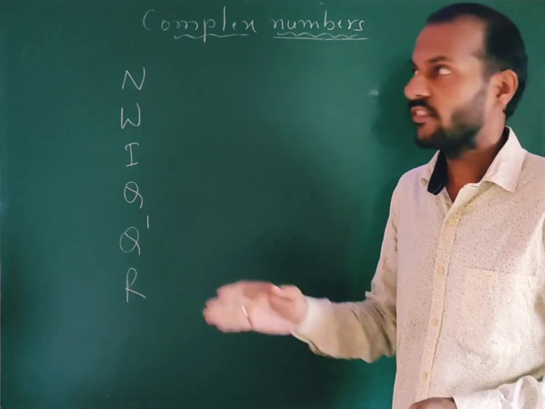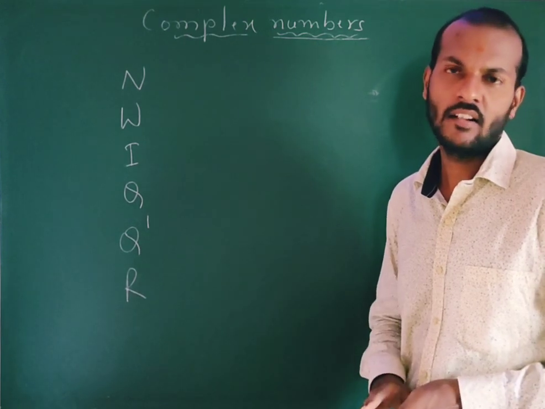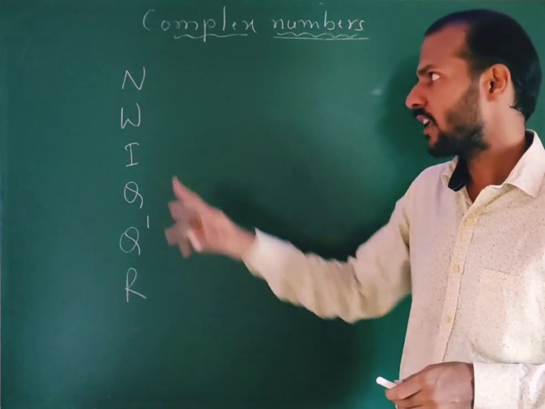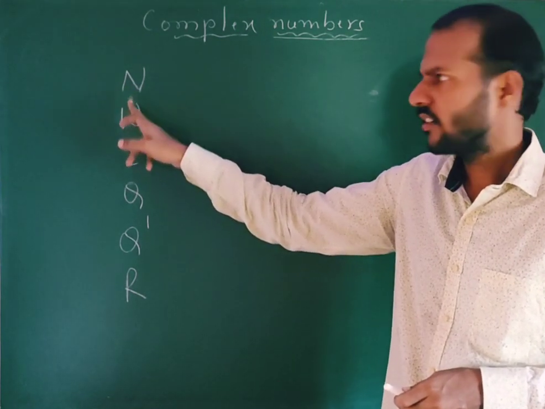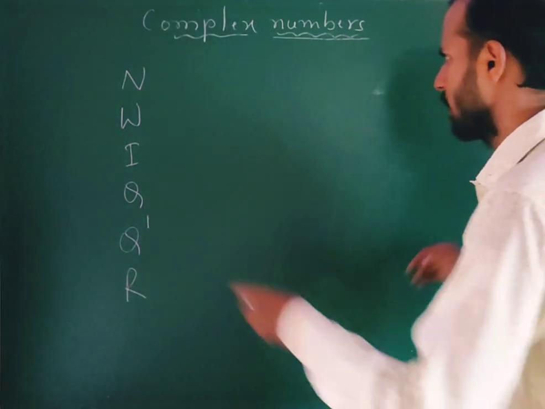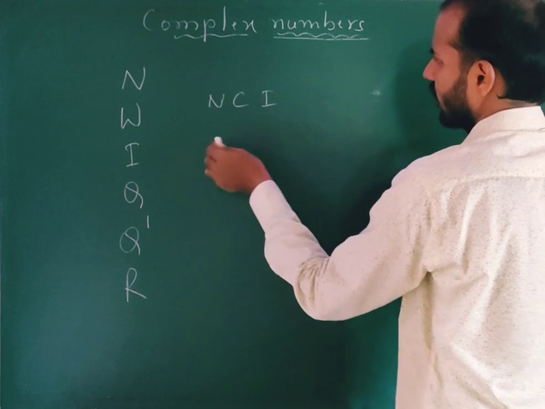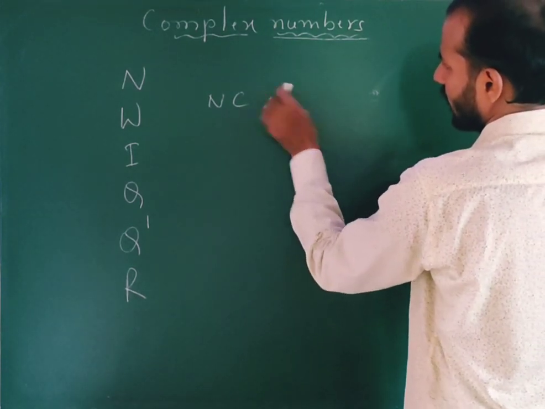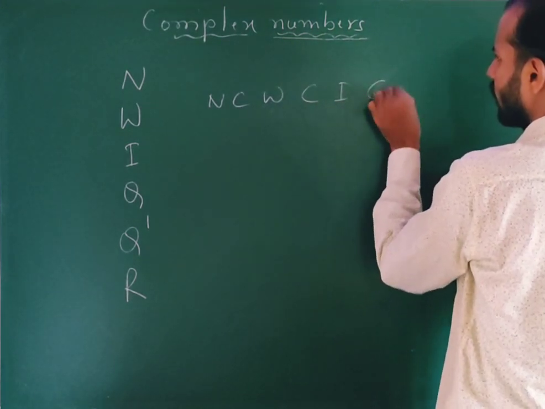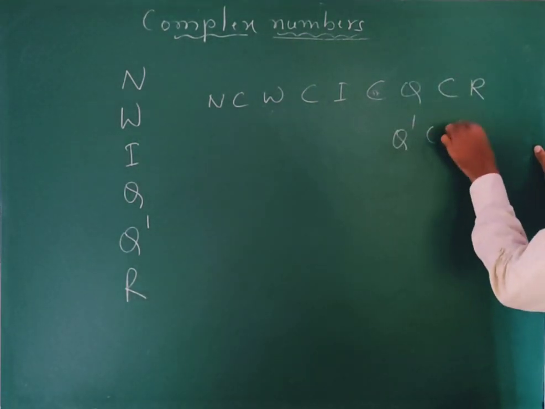In the 11th standard we are going to study complex numbers, that is a continuation of real numbers. After real numbers we are going to study complex numbers. Already you know well what are natural numbers, whole numbers, integers, rational, irrational, and real numbers. Simply you can say N is a subset of W, that is whole numbers, W is a subset of I, is a subset of Q, is a subset of R, and similarly Q dash is also a subset of R.